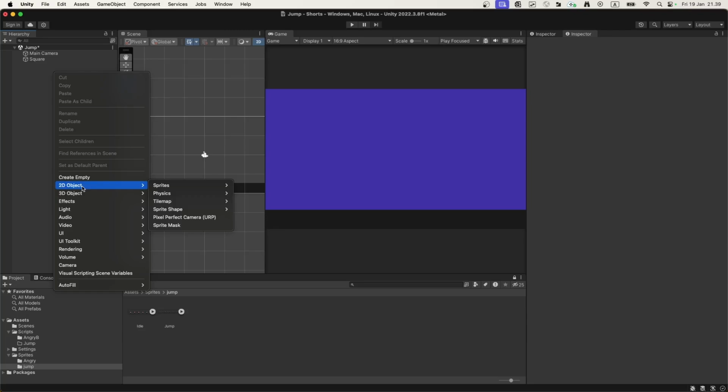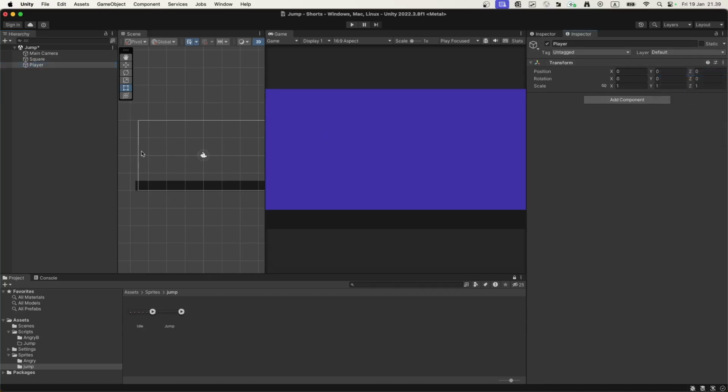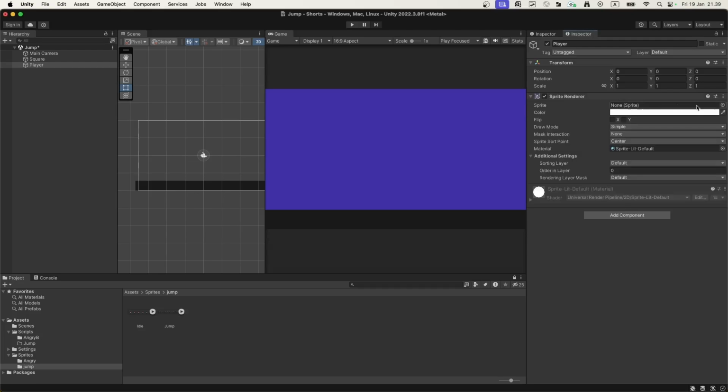Then I will create another object. Let's say it will be empty, and I will call it player. Let's reset position for our player, and also let's add a new component. First of all, let's add some sprite renderer so we can select some image for our player. I already have some sprite exported to the project, and so after that let's also add collider 2D component to